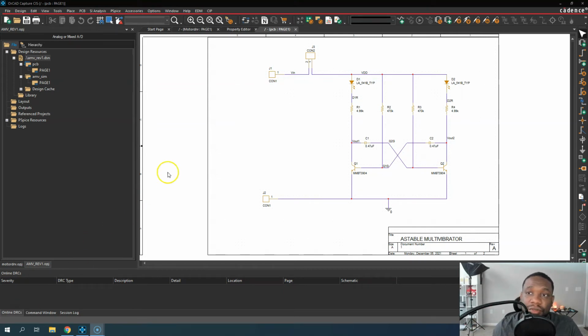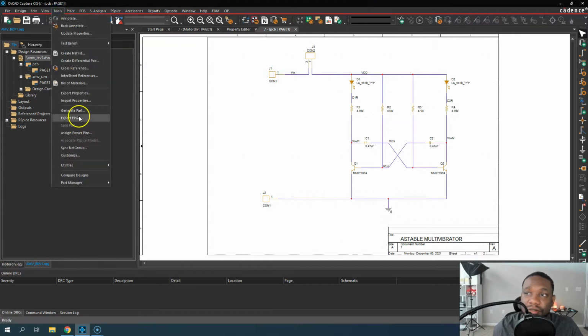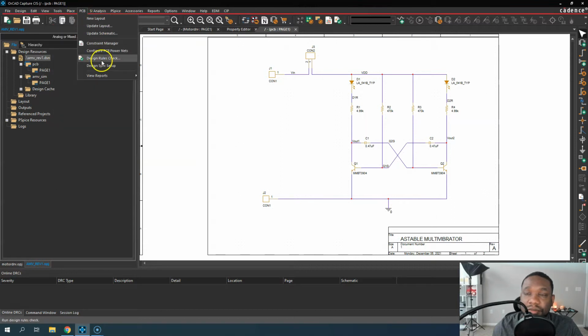Hi. So when you're doing a design rule check, you have to check your schematic in OrCAD. When you're doing the check, you might run into some errors. So let's resolve that. In this design, we have an astable multivibrator, and we'll go to PCB, make sure the